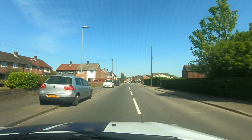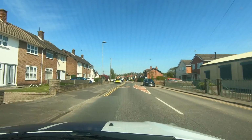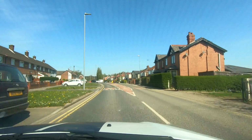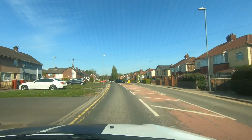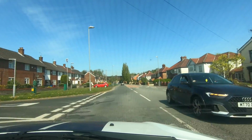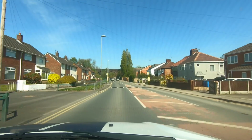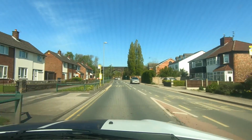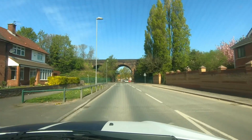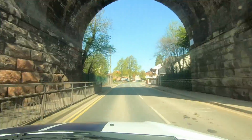On the left hand side we've just passed Hailwood Leisure Centre, which replaced the old Bridgefield Forum, which used to be on the site. Hailwood has a reasonably new railway station which opened in 1988. There was an earlier one which closed in 1951. I think it opened in 1874, and it was high up on an embankment. It was also made of wood, and we're just about to pass under this 3-arch sandstone viaduct which was part